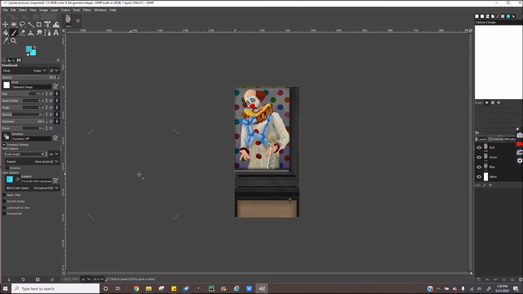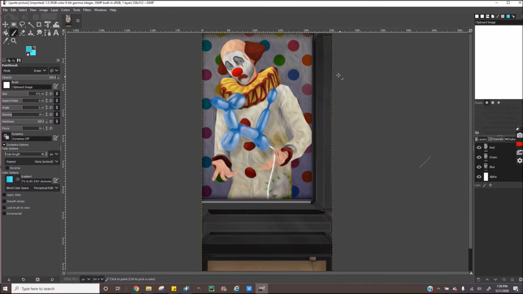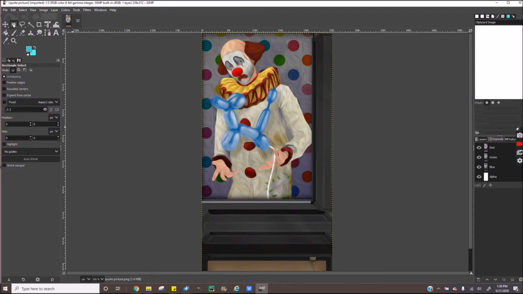Alright, so GIMP is now open and we have our clown picture here. I'm going to make it a little bit bigger because you're going to want to be able to see the edges clearly, because you're going to be cutting out this clown picture, but you don't want to cut out any of the black frame. So you're going to take this select tool here, the rectangle select tool, and you are going to